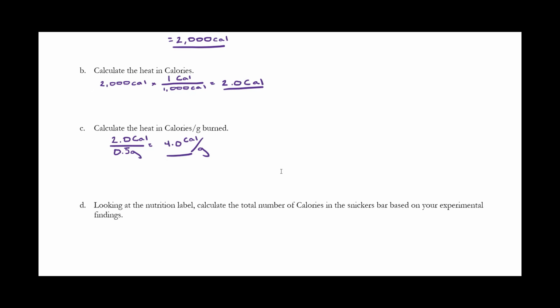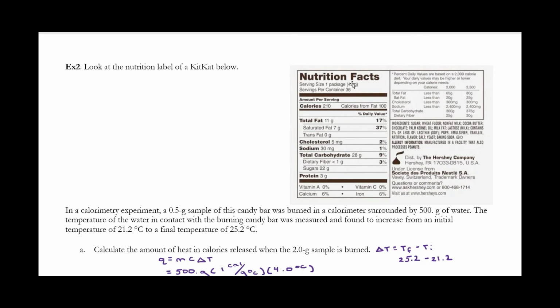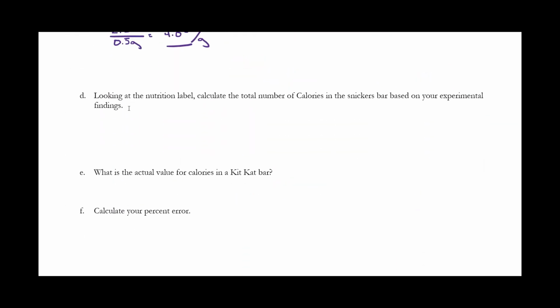Okay. So now I'm going to look in the nutrition label, and I know the total mass of my candy is 42 grams. So if I have 42 grams of candy, I want to get into calories, and I know that there are going to be 4 calories for every 1 gram, which means that it's going to release 168 calories of energy. Okay? So let's compare that with the actual value. The actual value given to you, look at your nutrition label, is 210,